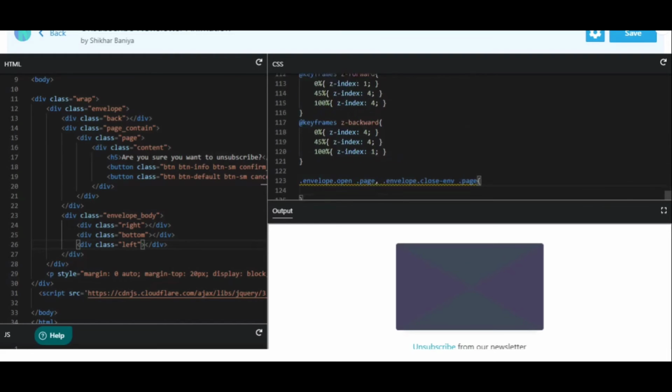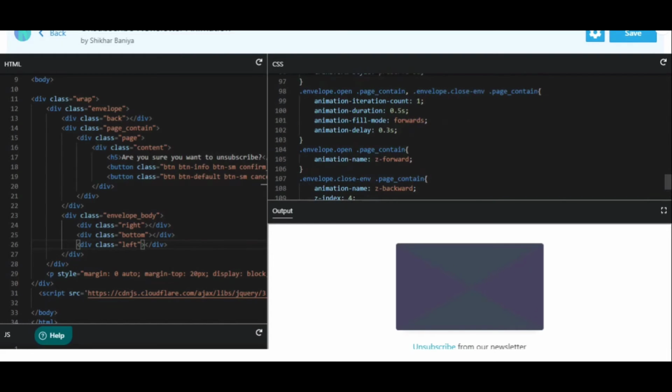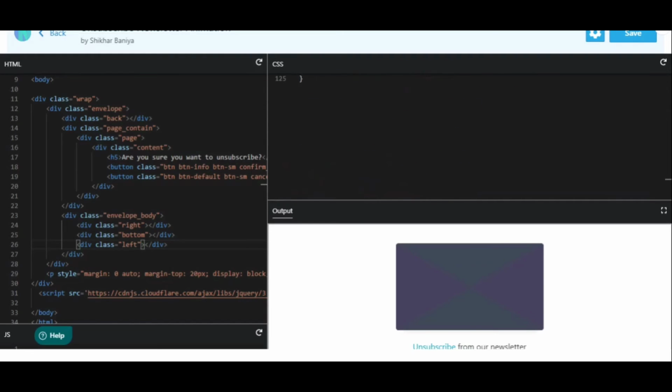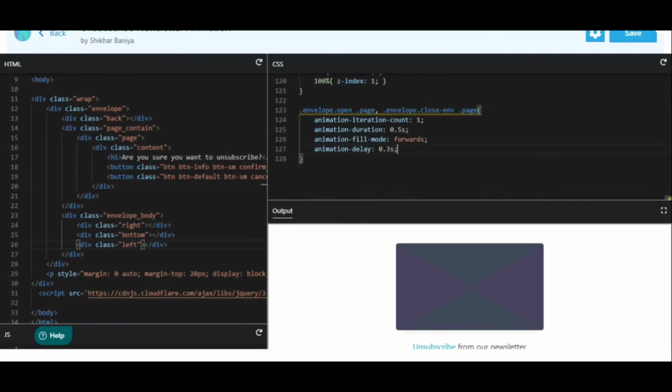So this will be the same as this. Let me copy this, paste it here. So the iteration count will be 1, duration will be 1.05, fill mode will be forwards, and animation delay will be 0.3 seconds. Okay,